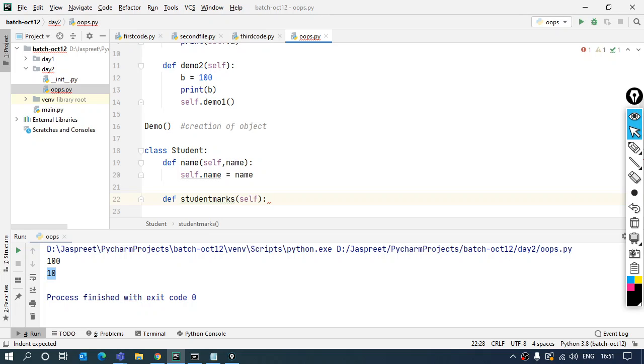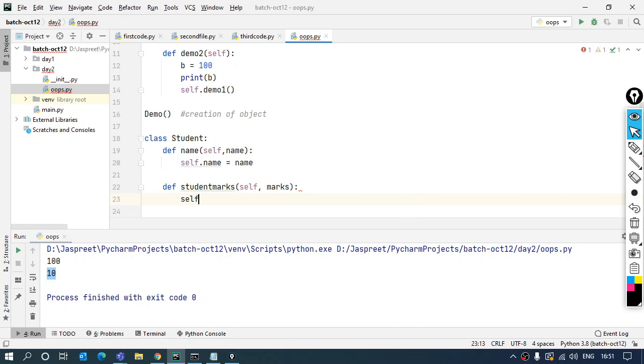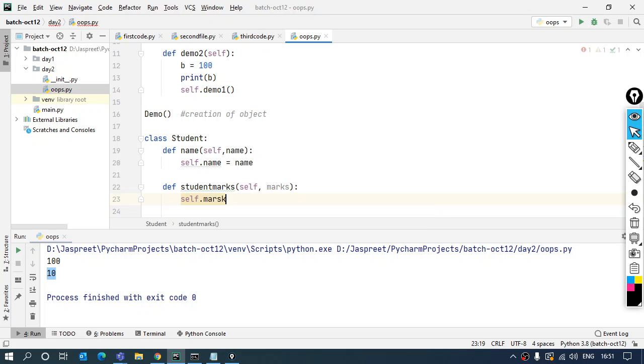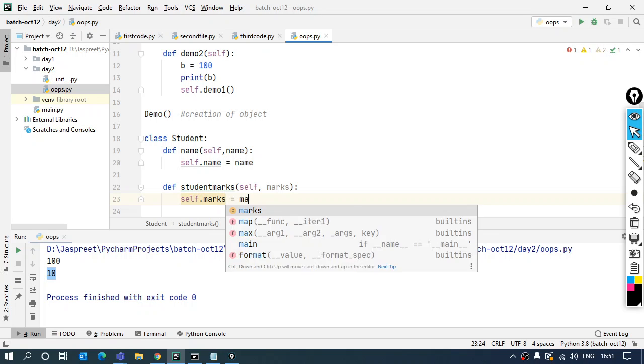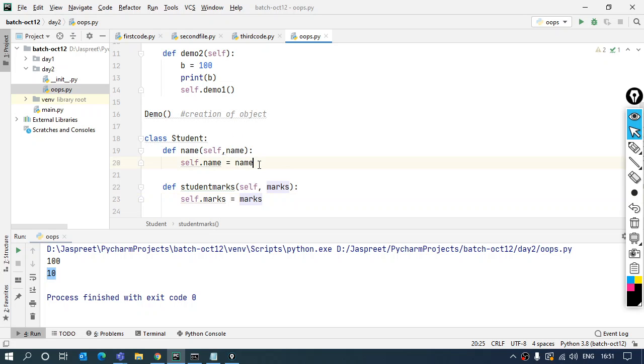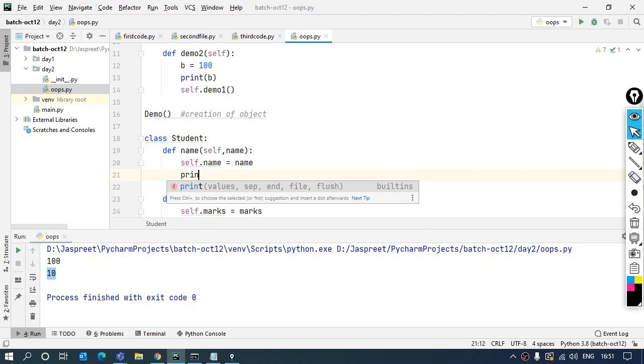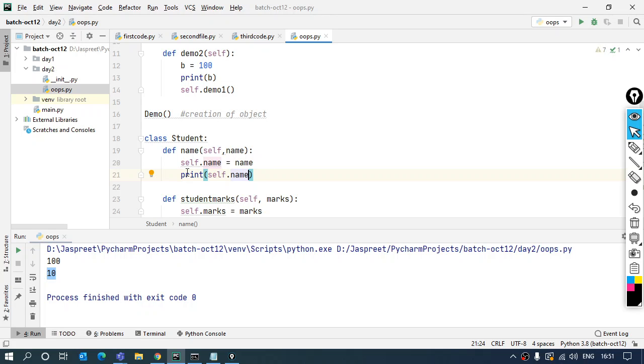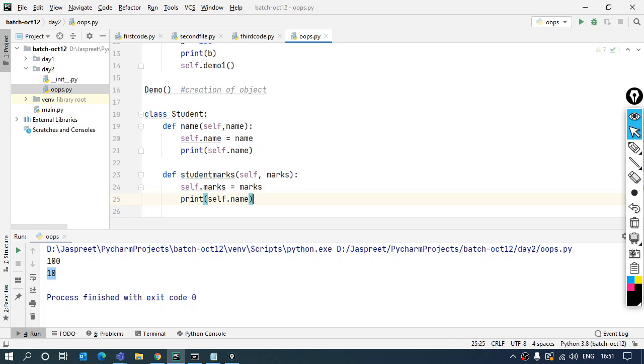So this way, in this function also, I will be passing a parameter, that is the marks of the student, whichever I'm having, and using the self only, I will be using those marks which are coming up in the parameters. Since they are not doing anything, they are just being stored in the variables, I'll print them. I'll say self dot name. Both of those are coming now. Self dot name also is coming, self dot marks also are coming, because they are available in the same class, right? So I can use them in any of the functions which I want.